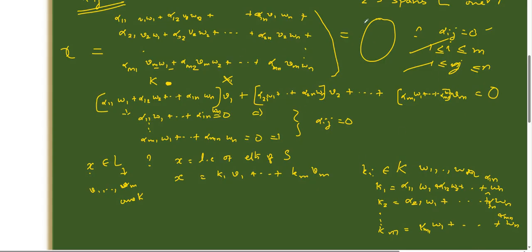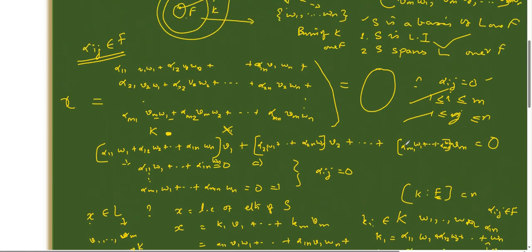For the second part you forget about the 0. So finally you will have this linear combination: alpha 11 v1 w1 plus and so on alpha 1n v1 wn plus and so on alpha m1